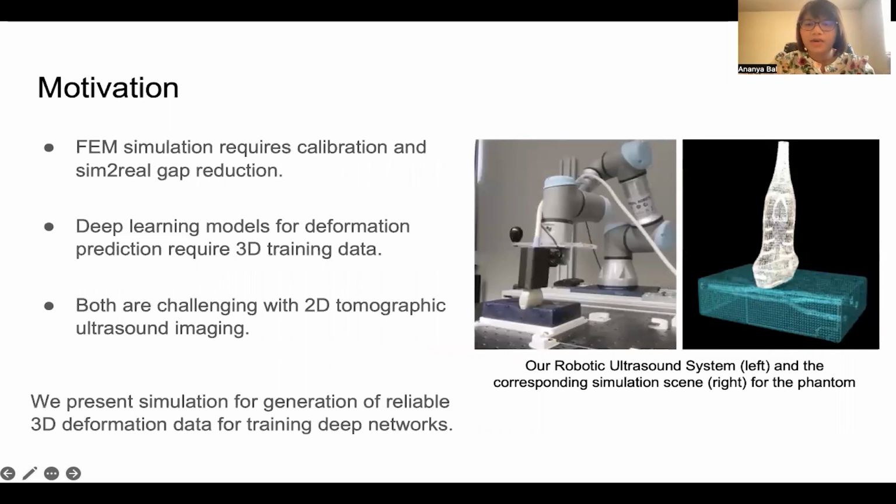FEM simulations require per-subject tuning, sim-to-real gap reduction, and are not real-time. We therefore motivate learning-based methods that can infer deformations in real time. However, training these requires 3D data that cannot be obtained from ultrasound alone. We have therefore focused on developing a method to leverage 2D ultrasound data for tuning simulation models that can generate